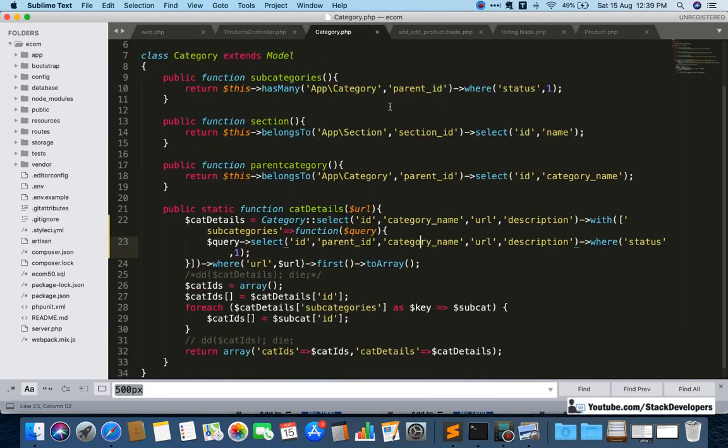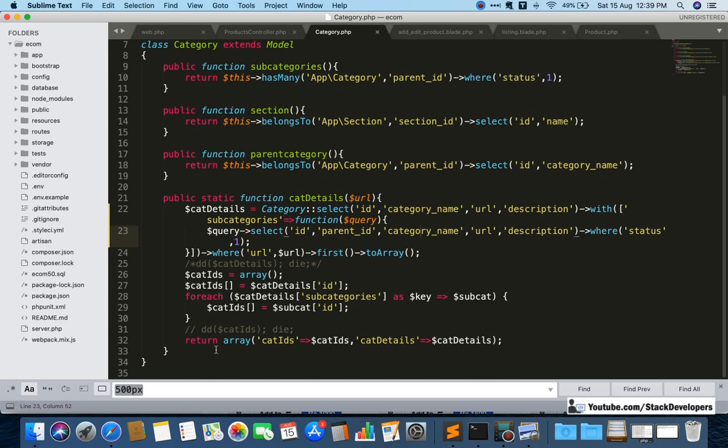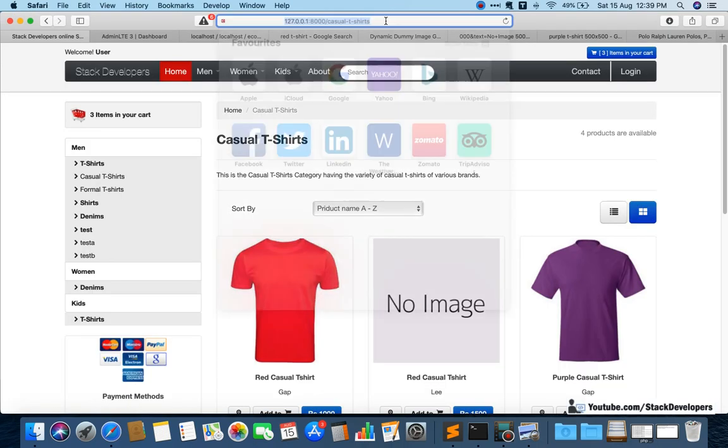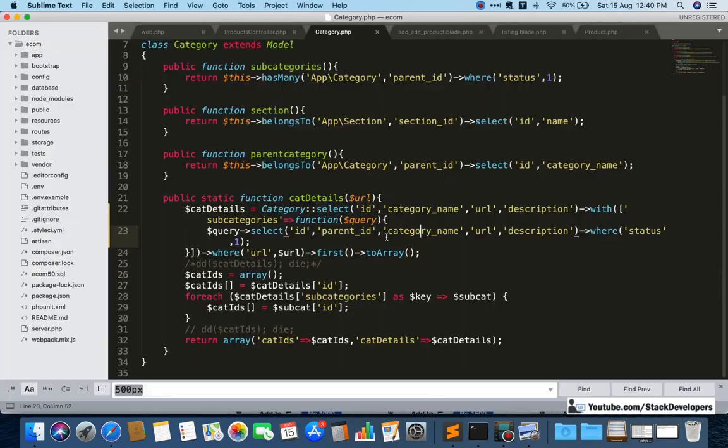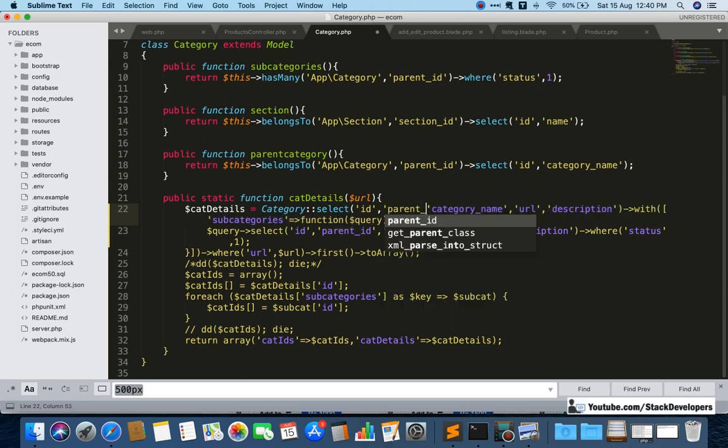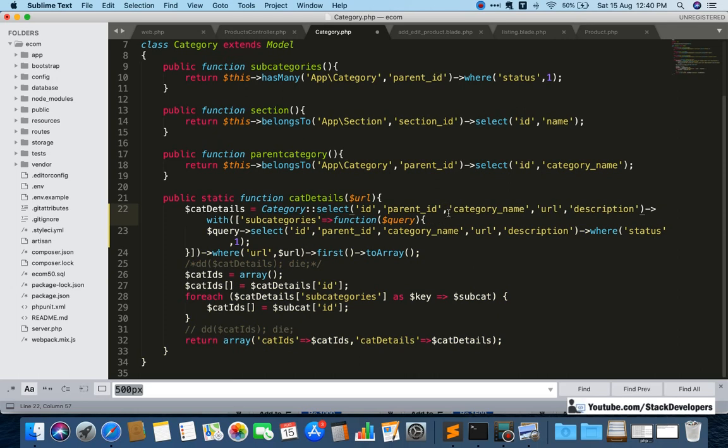So here we will go in the category function once again. You know that in the case of the subcategory we are going to show the category as well, like home, then t-shirts, then casual t-shirts, and in the case of the category we will only show the category name, like t-shirts. Okay, so for that we are going to check the parent id. So we are going to add one more parent id here, and here as well, here it's already there. For both we require the parent id, because we are going to check with the parent id.